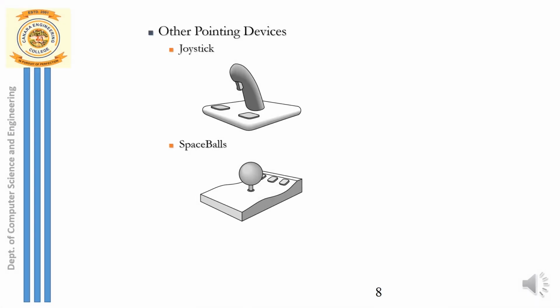We have the other pointing devices. As I already said, we have the joystick, which we usually make use of for gaming purposes, so it is also acting as a pointing device. And then we have something called a space ball, a kind of sphere that is mounted over a base. It is mainly used, again, for gaming purposes or for locating a position. You just rotate the sphere, and based on its position, the value is returned. So this is also a type of pointing device. These are the two types of pointing devices we have.